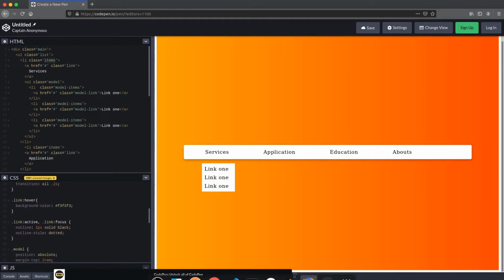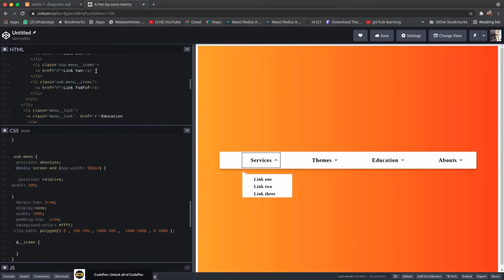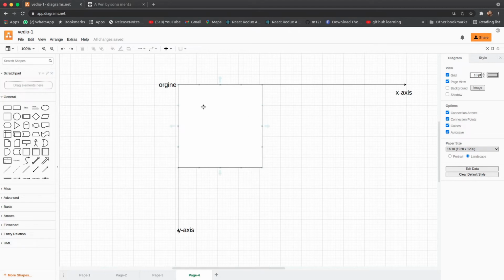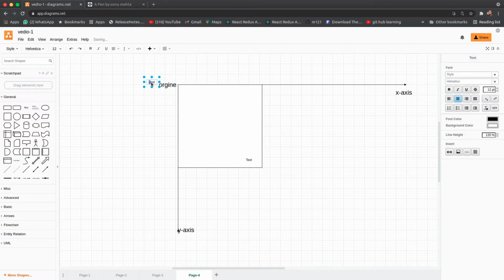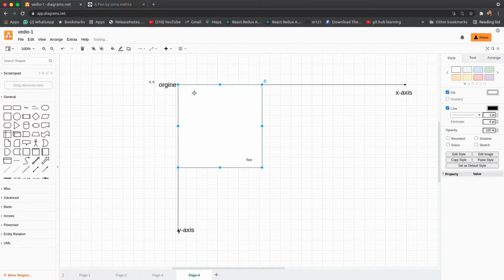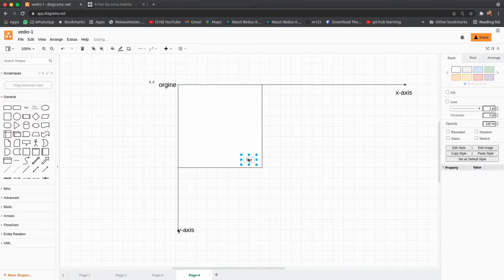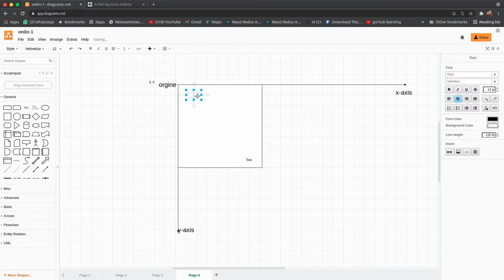First things first. Okay, suppose this is our box. In CSS guys, the x-axis works from left to right, and the y-axis from top to bottom. So this is our origin, so the coordinate here is 0 and 0, and a point here would be 10 from left and 10 from top.